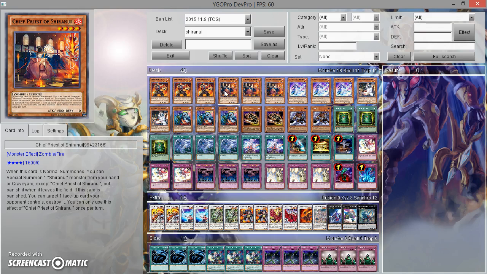Second Shiranui monster, 3 Chief Priest Shiranui. He is one of my favorites because he combos with basically every other card in the deck. When this card is normal summoned, you can special summon one Shiranui monster from your hand or grave except himself, but banish it when it leaves the field. So not only do you get to bring a Shiranui monster back from your grave, so one of your synchros possibly, or Bushi, or your tuners, they also get banished afterward, which is convenient because, like I said, they all